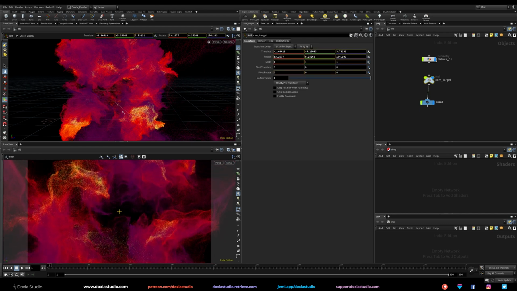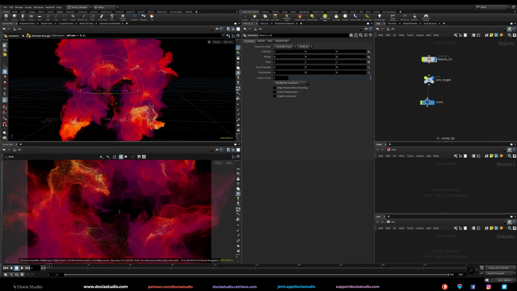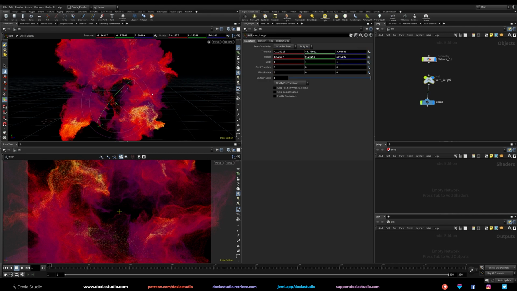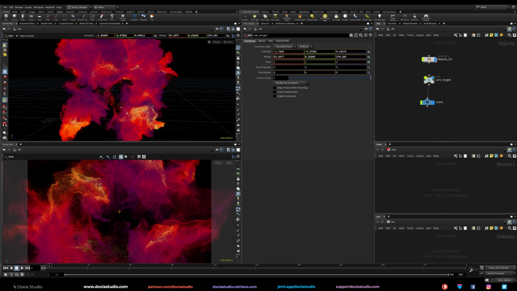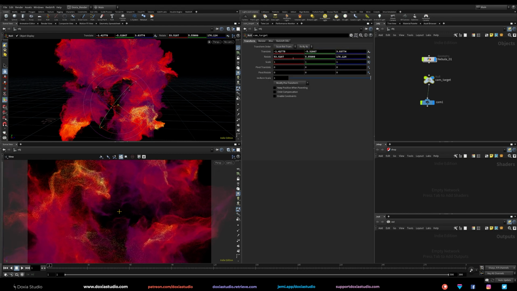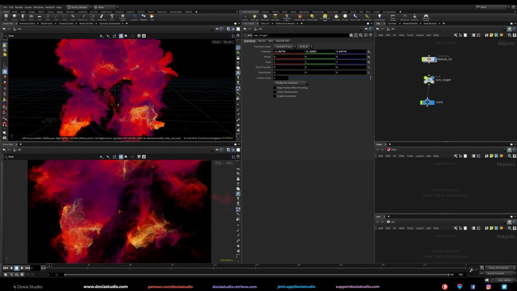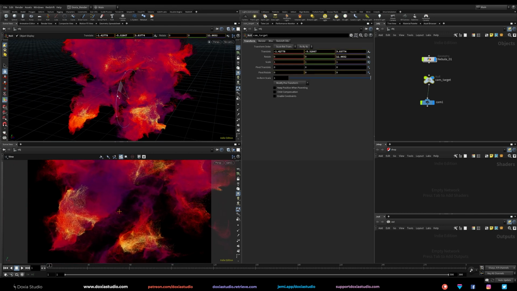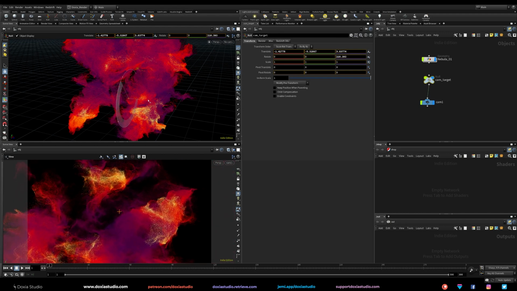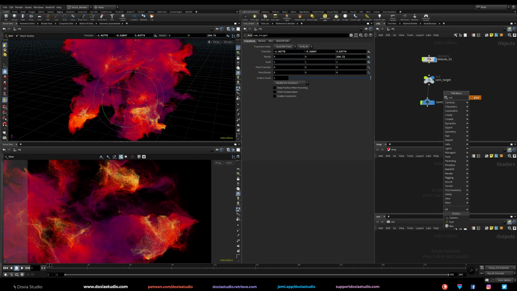Still not getting what I want. Let me just heal this a bit, just to see the middle one, so we can get a nice spot in the middle. Oops, here. Just go 0, 0, 0. We can focus a bit again. Okay, that looks cool. Let me place another null.